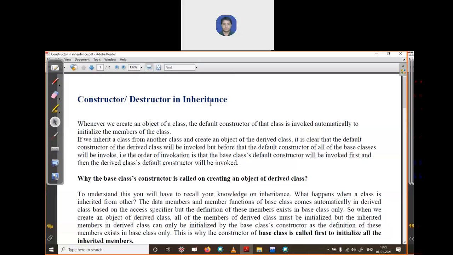In this class, we will see constructor and destructor in inheritance. Again, recall your concept of constructor and destructor. Can anybody tell me what a constructor is in C++?